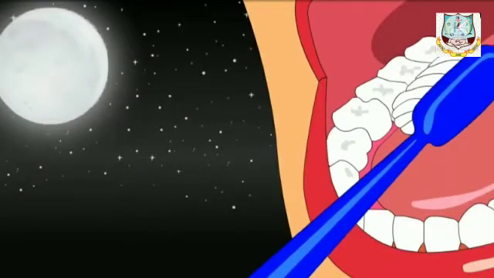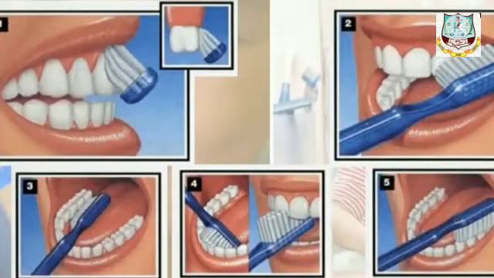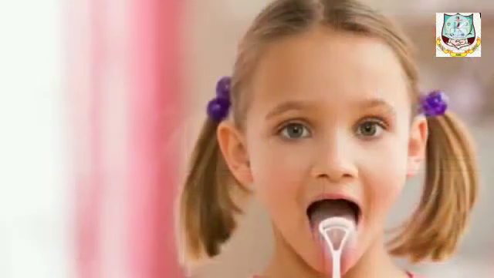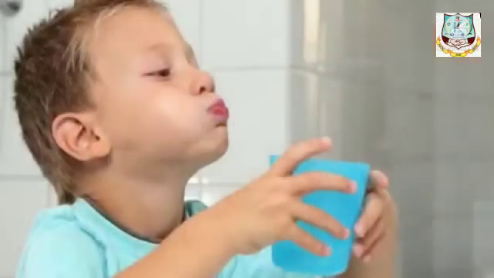Children, do you know how to brush? Yes. Use an up and down motion to brush teeth. Brush the top teeth downwards and the bottom teeth upwards. Brush the back of the teeth. Brush the flat surface of the premolars and molars. Use a tongue cleaner to clean the tongue. Then rinse your mouth well after meals.